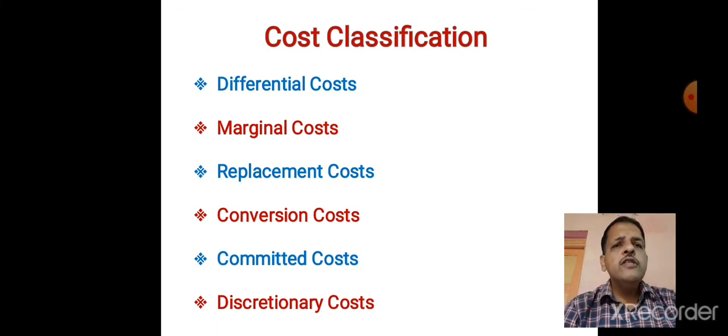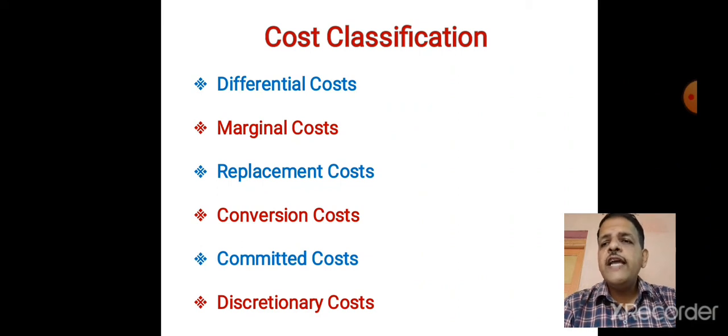Now let us go towards another concept, marginal cost. Marginal cost is the part of aggregate cost which changes due to a change in output by 1 unit. It is the total variable cost. When we say variable cost, we should know the amount of direct material, direct labor, direct expenses, and variable overheads. By taking the total of these, we can get marginal cost or variable cost.